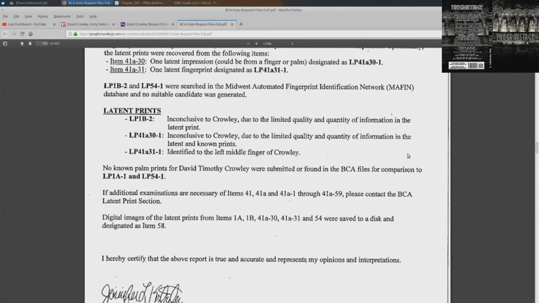So they were able to tie David Crowley to page 31 for latent prints on his left middle finger. I thought that was interesting. Right. So they can put his left middle finger on page 31, if I'm reading this correctly. That's about it. Not even on the pen that they say wrote all this.